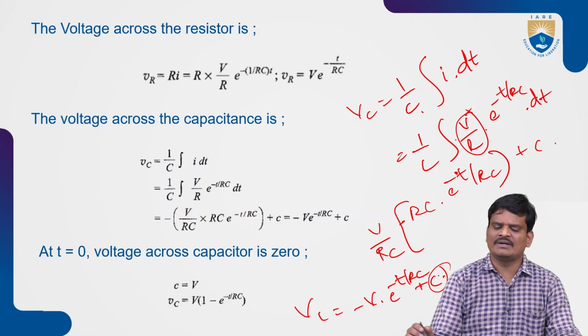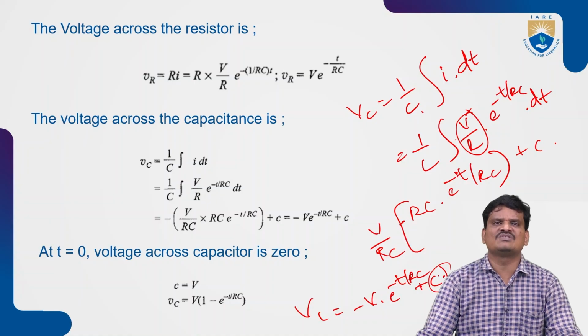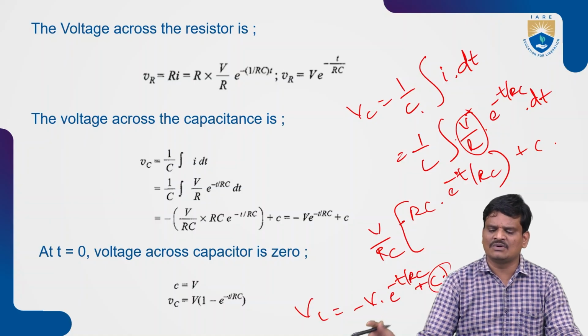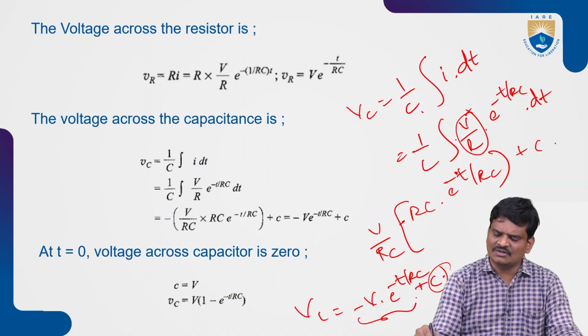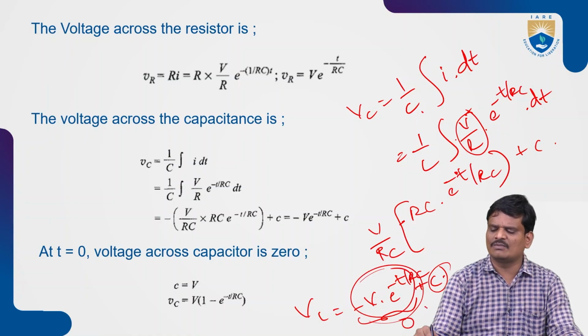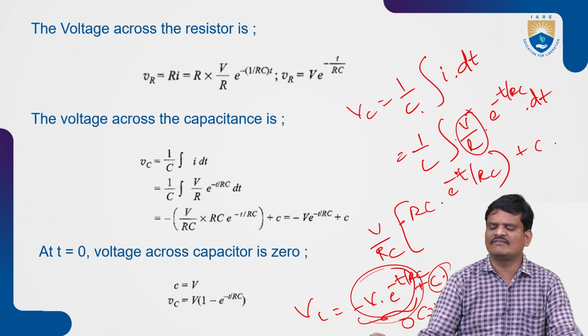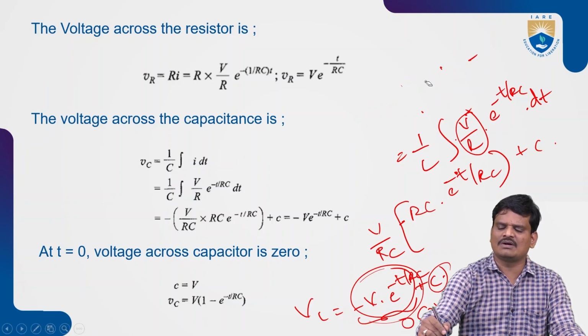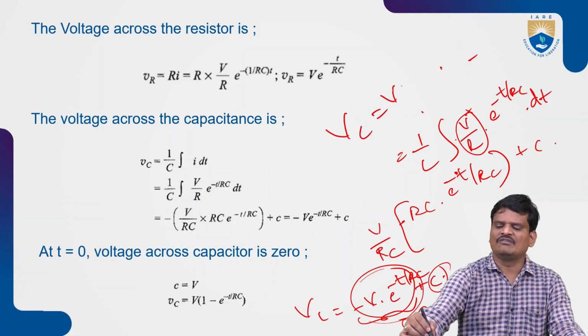So in order to evaluate this, I just need to consider one more switching condition at t equal to 0 plus. As we know, at t equal to 0 plus, the voltage across the capacitor is 0. If the voltage across the capacitor is 0, automatically this total voltage will become how much? It will become 0. Then what about the value of C? C equal to some V. Then the voltage across the capacitor, here it is considered as what? Vc equal to V plus